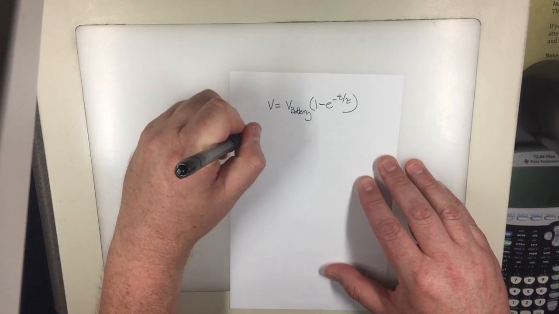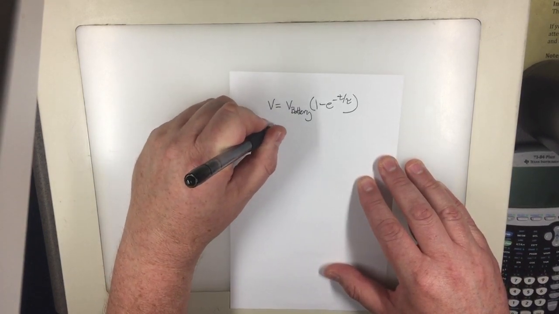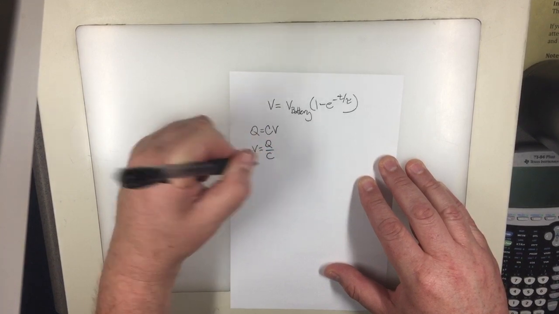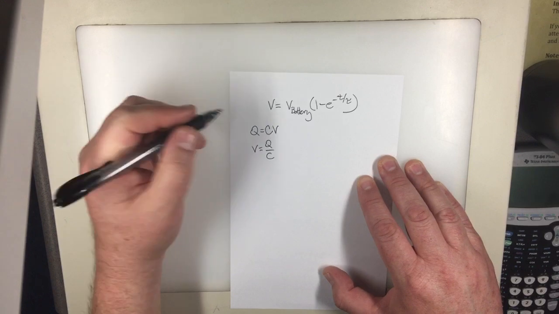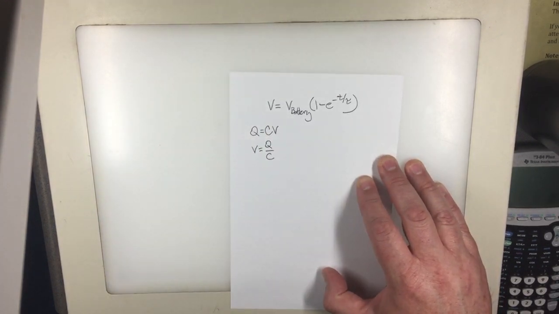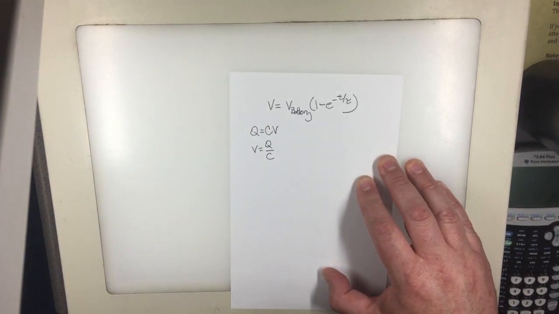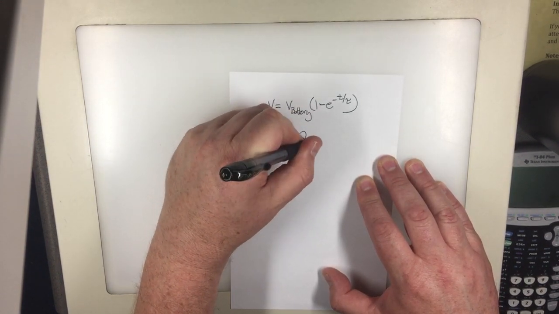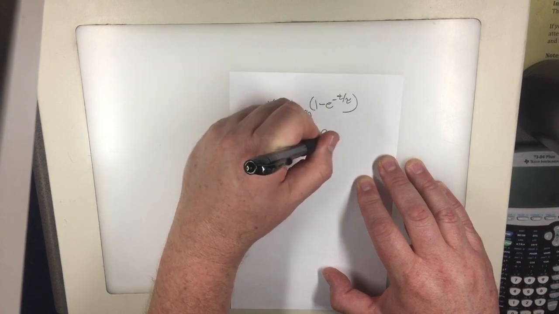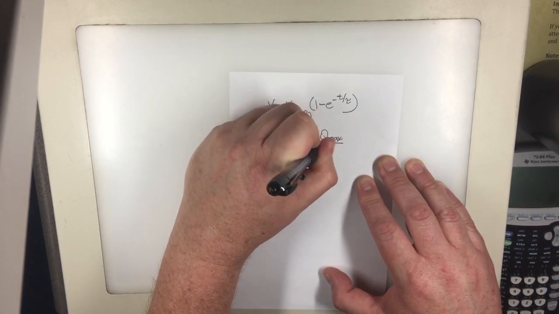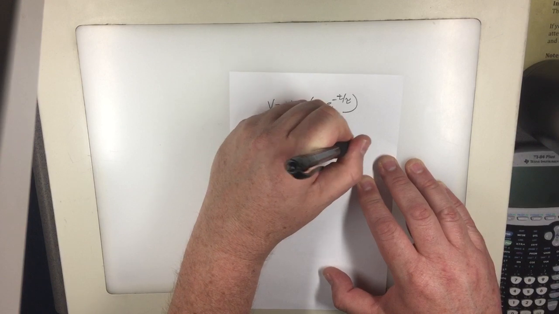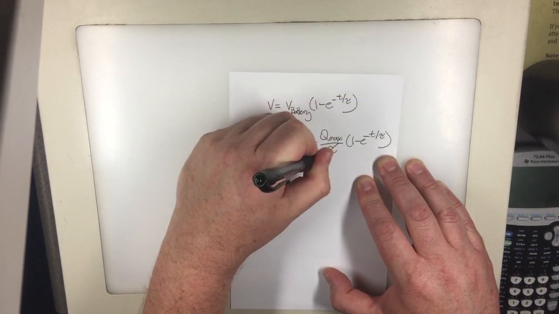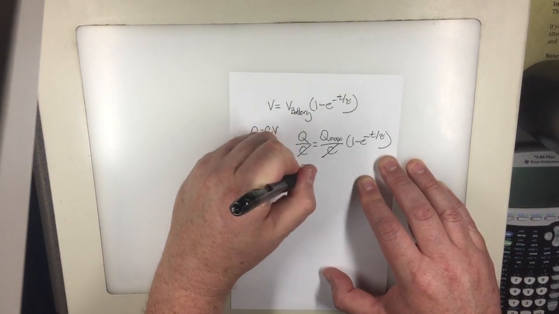You know that Q is equal to CV, or that V is equal to Q over C. And what I'm doing now is just showing the derivation of the equations given in the test. This becomes Q over C is equal to Q max over C, 1 minus e to the negative t over tau. C's cancel because they're the same,